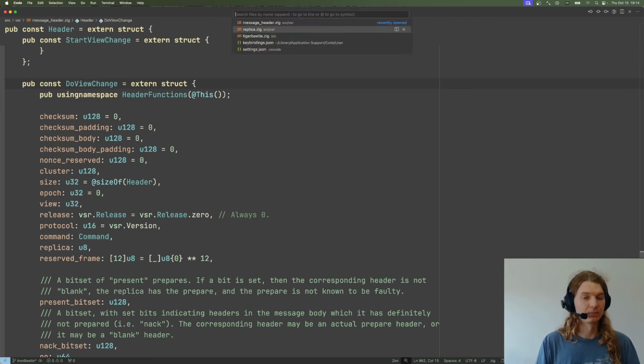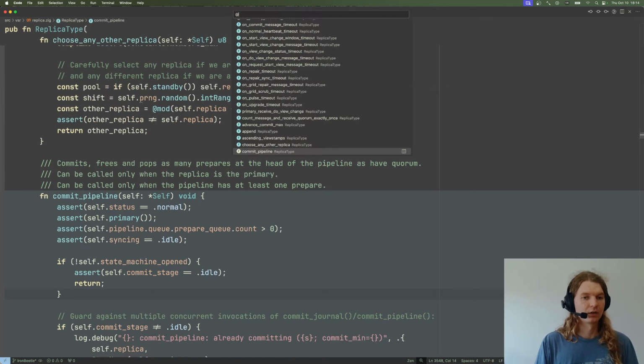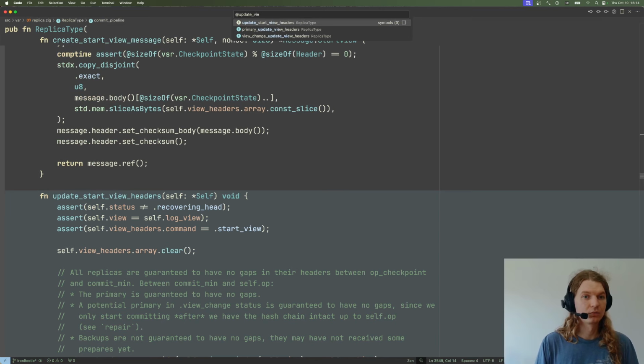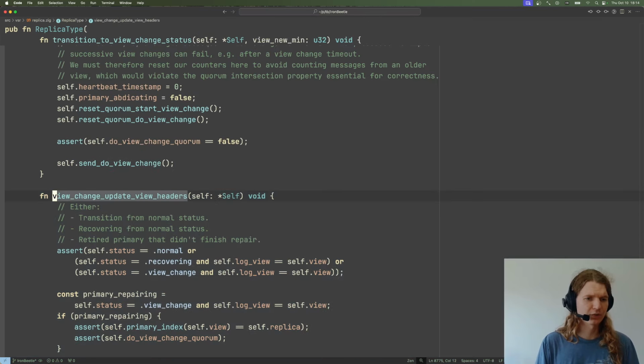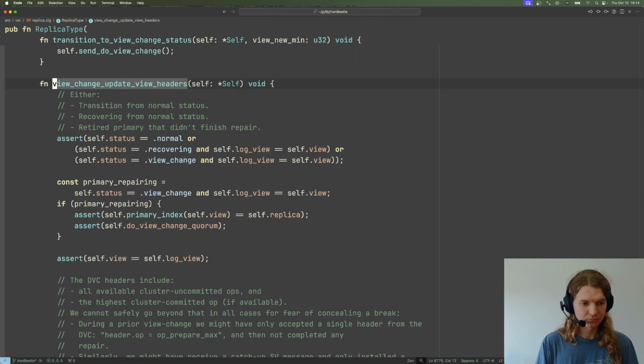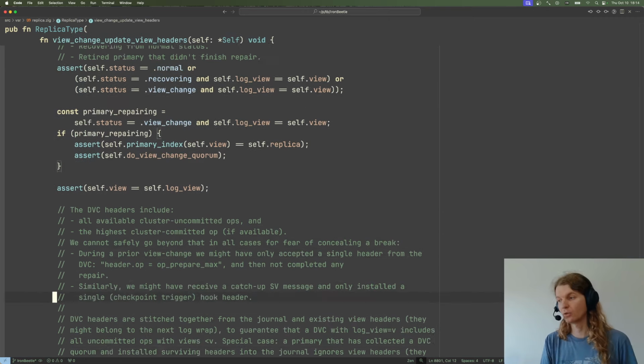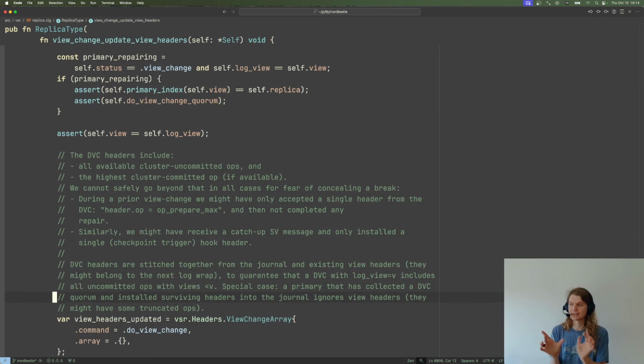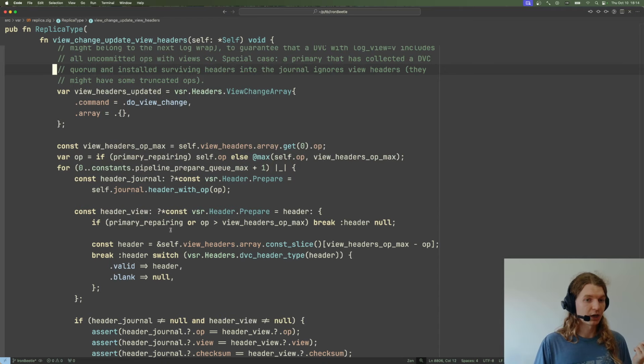So, update view. Okay, so the first thing to do to start the view change is to collect this set of headers, which might be headers corresponding to prepares which might be present in the replica's journal. And this is the job of the view change update headers function, where